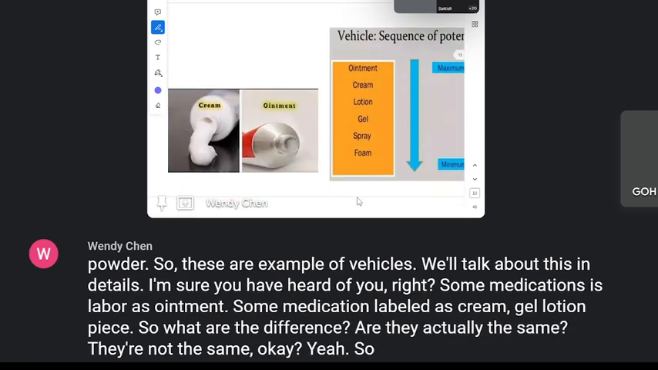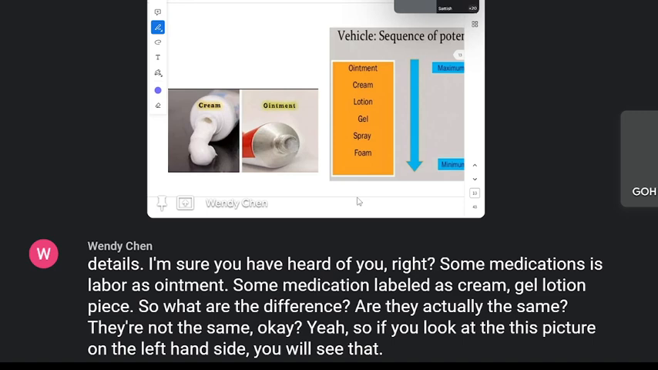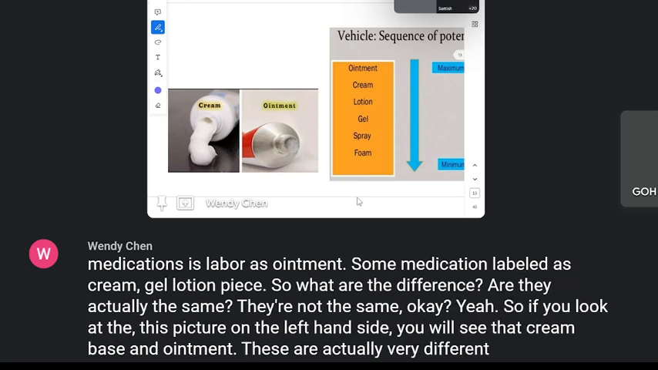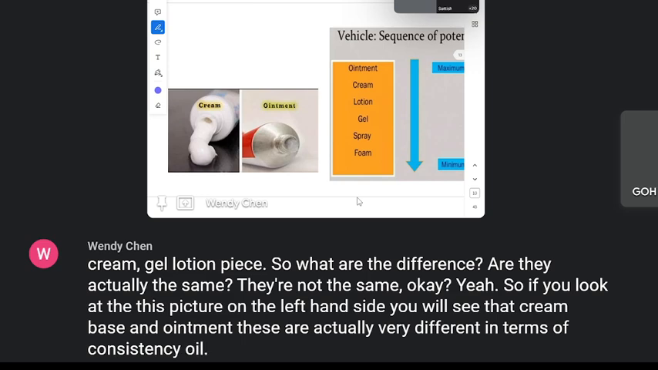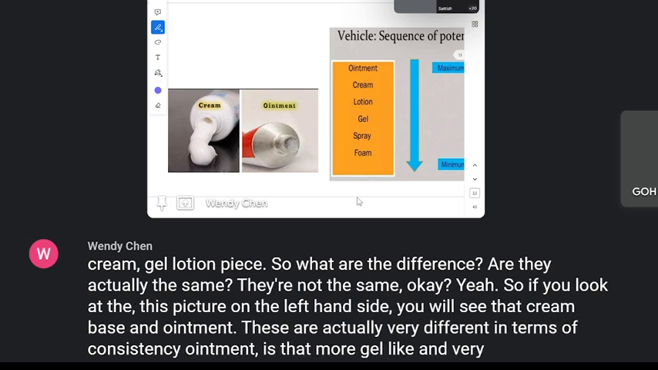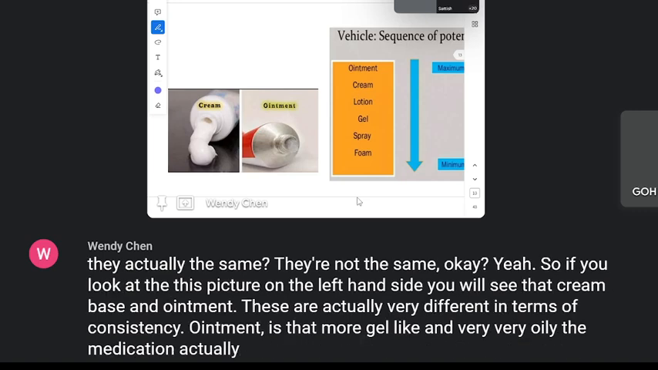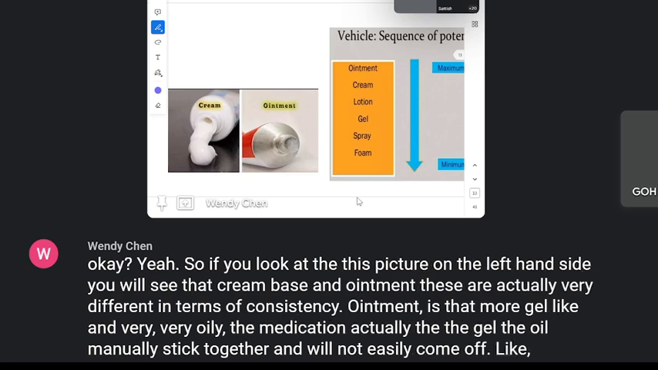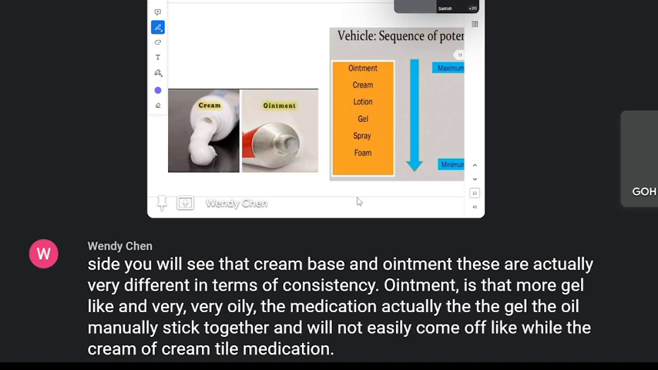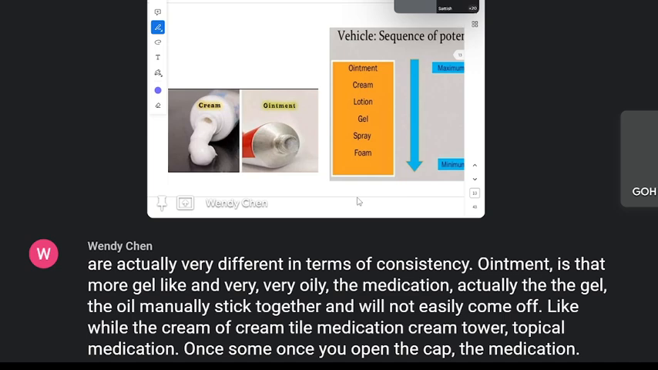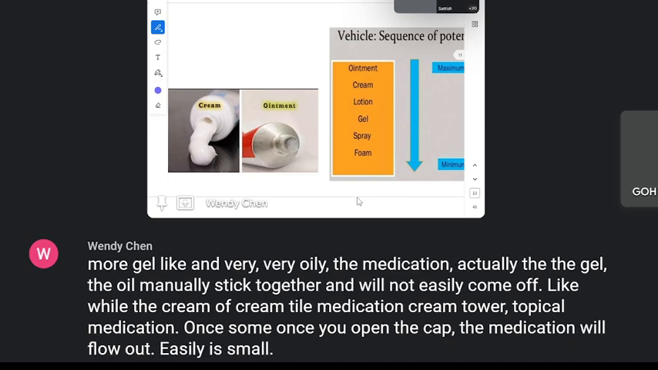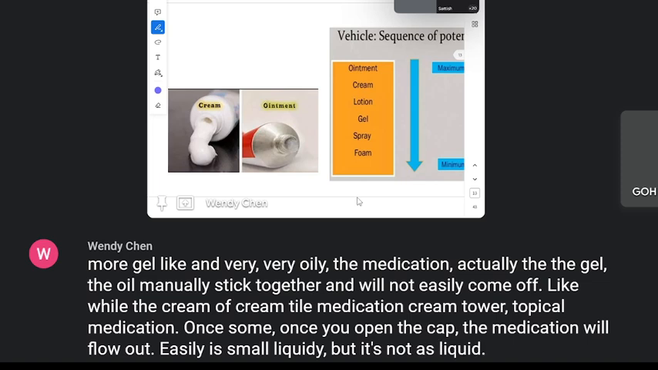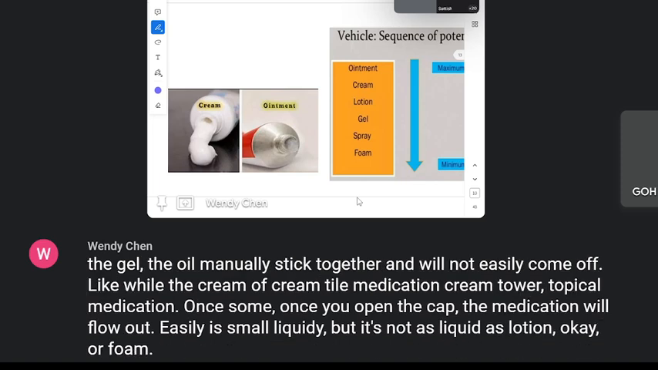If you look at this picture on the left-hand side, you will see that cream base and ointment are actually very different in terms of consistency. Ointment is more gel-like and very oily. The ointment actually sticks together and will not easily come off. While for the cream type of topical medication, once you open the cap, the medication will flow out easily. It's more liquidy, but it's not as liquid as lotion, okay, or foam, but it's more liquid